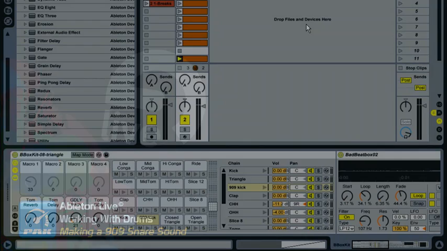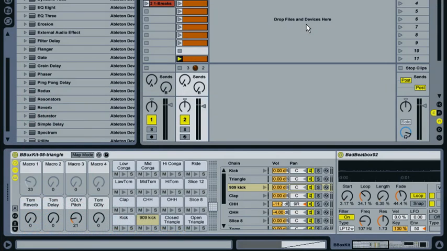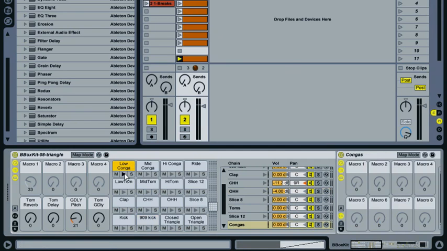Hi, welcome back. In this tutorial we're going to have a look at creating a 909 snare drum, and basically the reason we're doing this one so late in the series is because over the whole course of the series we've covered a lot and learnt quite a lot of techniques that are really useful for making drums, and we've started with the simplest and then worked our way through and gradually developed. And when creating the congas that we did in the last tutorial, these ones here,